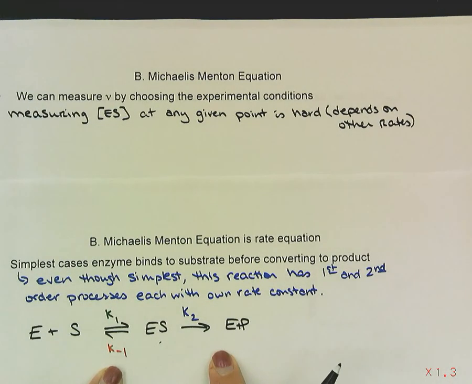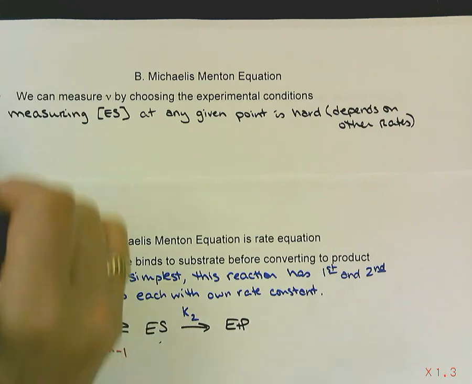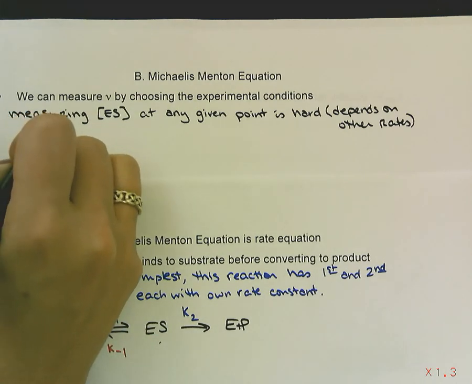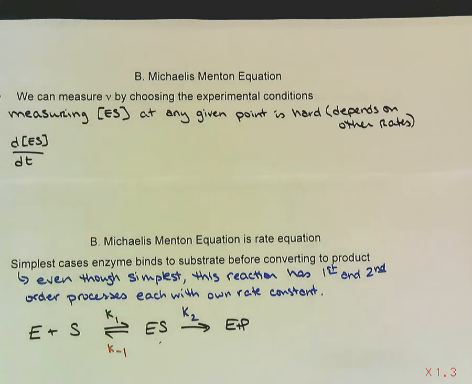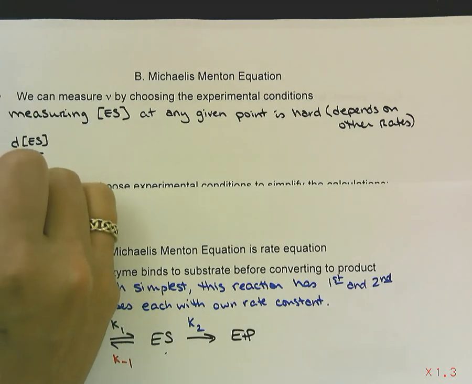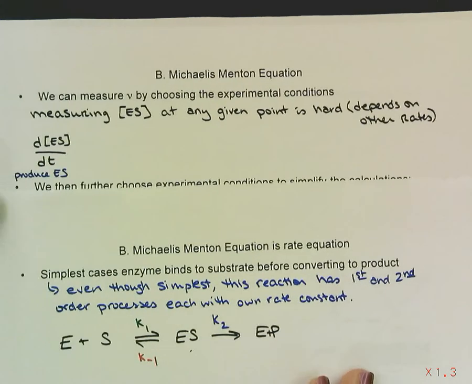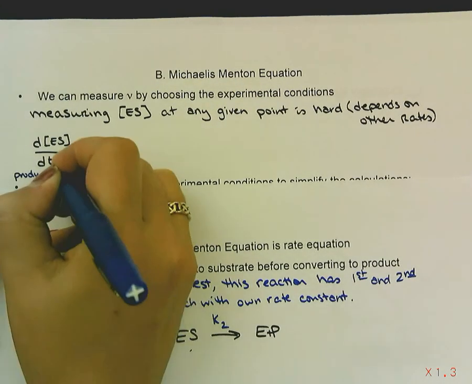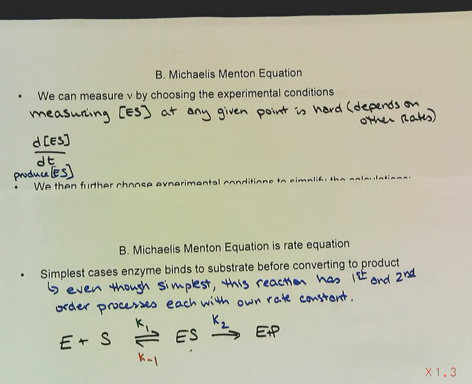All right, so I'm going to look at this equation, and we're going to walk through how I can figure out this. Okay, that's the thing I'm looking for, right? The change in concentration of ES over a change in time, which is this over here. So that is going to depend on, let's see. All right, so that's the production of ES, that's going to depend on,